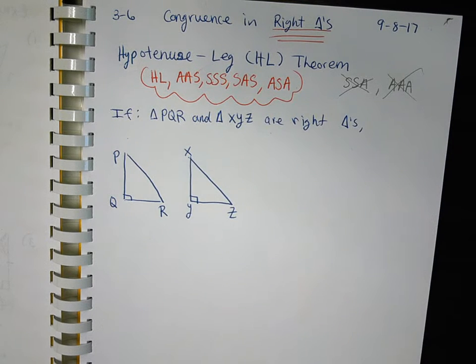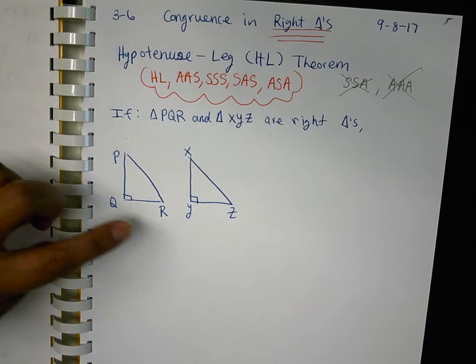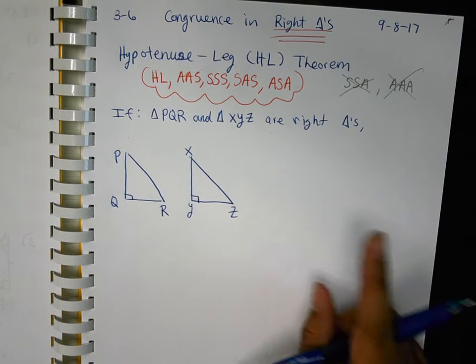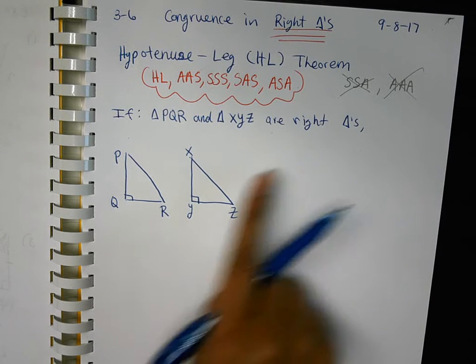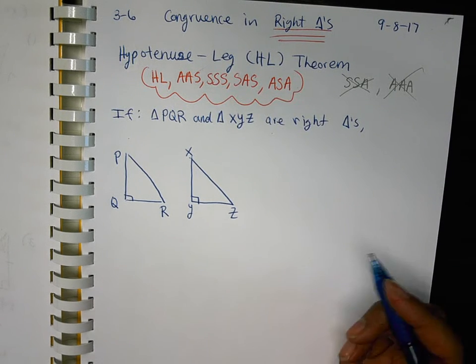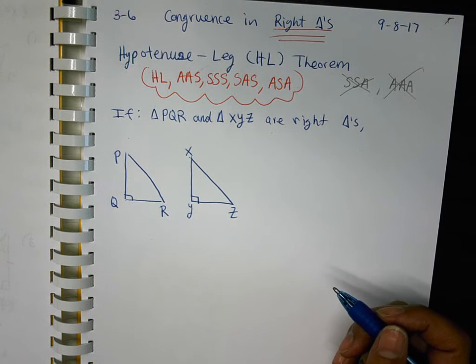If triangle PQR and triangle XYZ, all right. If these 2 triangles, PQR and XYZ, are right triangles, and there's more information, so write that down for now. And did I already put the right triangle marking in there? Yes. All right. If the 2 triangles are right triangles,